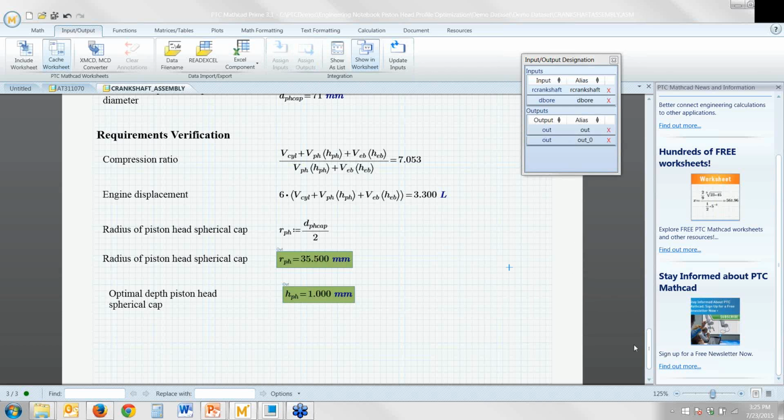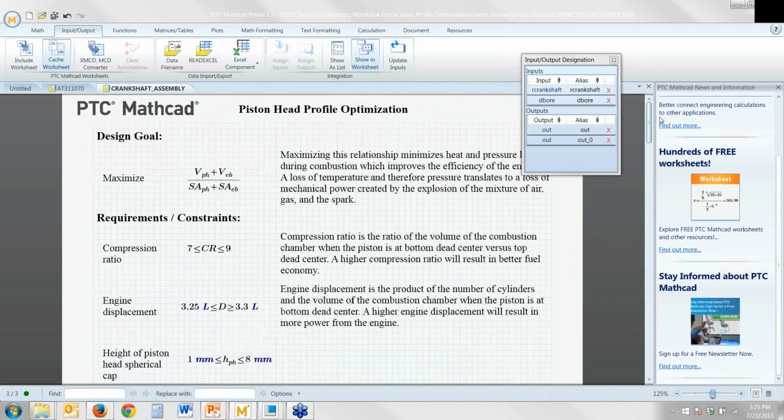And the reason we're doing that is because right here at the top, we also want to maximize a certain relationship. This is basically the internal volume within the combustion chamber and the surface area of that combustion chamber. Typically, the bigger the volume, the more pressure you can get and the more power you can get out of the engine. And also, the bigger the surface area, the more heat loss you get,